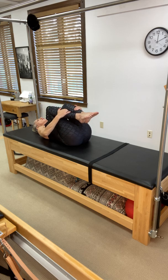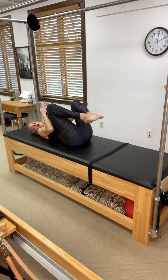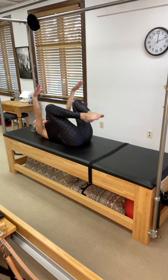So from here, hug your knees in. I like to start a little bit rotated out because it says frog your legs out. So it's easy if I think about rotating out from my thighs, knees are slightly apart, heels together in Pilates stance. Arms can reach back if you want to your high diagonal, or start low by your sides. It doesn't matter which one. Lift your forehead up